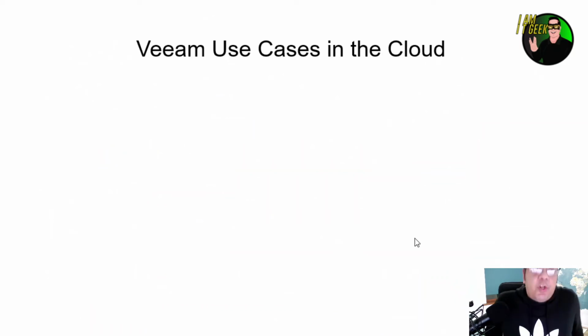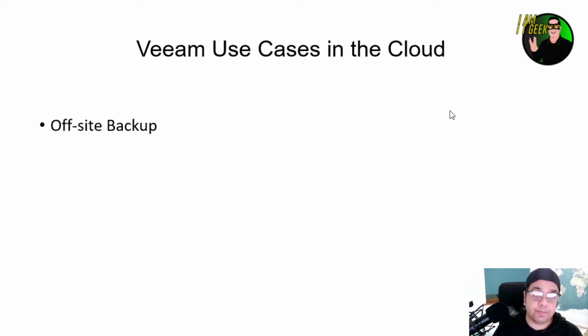So just want to quickly finish off by giving some Veeam use cases in the cloud. So we have offsite backup. Veeam recognizes the importance of the 3-2-1 rule to maintain at least 3 copies of data stored on at least 2 different types of storage media, with 1 copy offsite and in the cloud. With Veeam Cloud Connect, you can automatically connect your on-premises backups to an Azure Cloud repository. So we've got the offsite backup use case there.